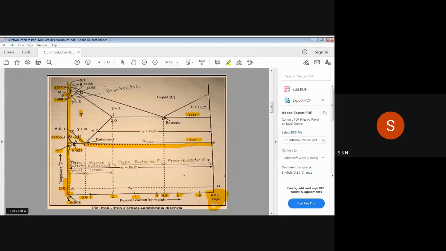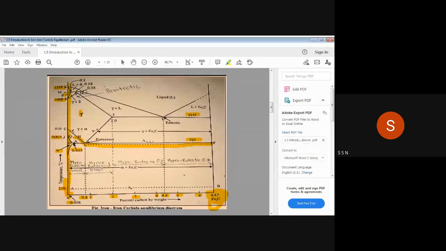Now inside that iron, if you add carbon in small percentages, initially 0.008% carbon, it is called an alloy, because, as you know, the alloy definition is: if two or more metals are added in fixed proportion, then we call it an alloy. So after this 0.08, we add 0.8% of carbon,